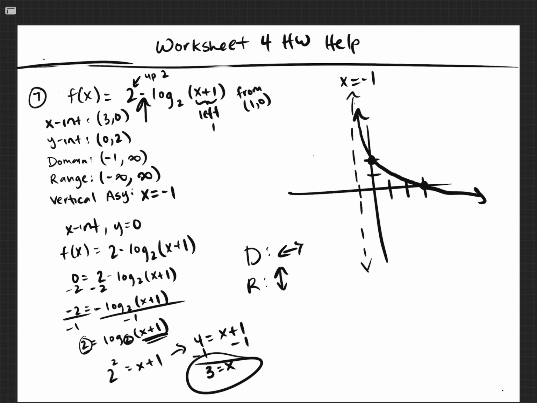Again, that's how you're going to go through and do number 7 there from your homework. If you have questions,